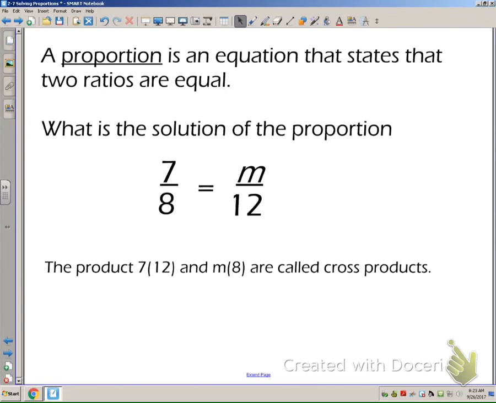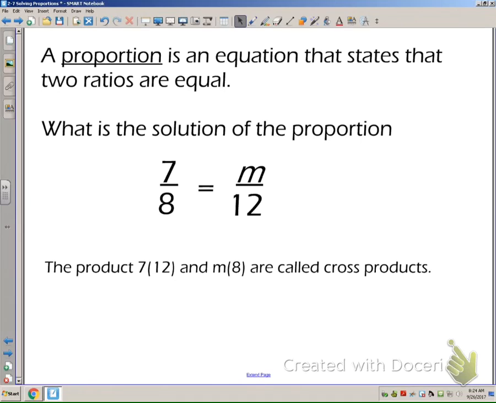What is a proportion? From the past, you've probably already learned this, but a proportion is an equation that states that two ratios are equal. Remember, a ratio is nothing more than a comparison of two numbers by division. So we've got 7 divided by 8 is equal to m divided by 12. We know that these two things have to be equal, so we want to find the value of m that makes this true. When they're set equal to each other, we can just cross multiply